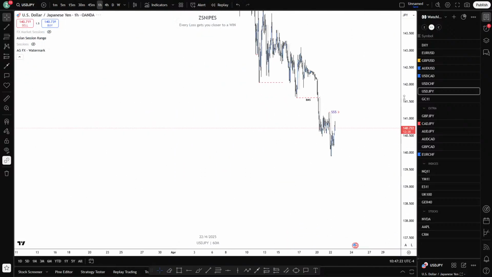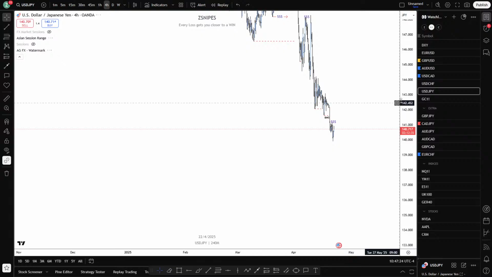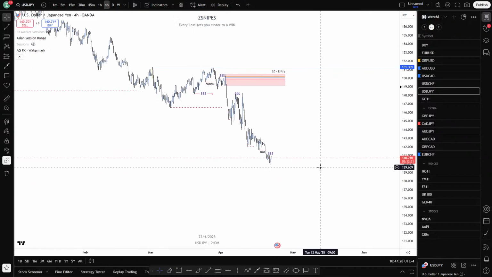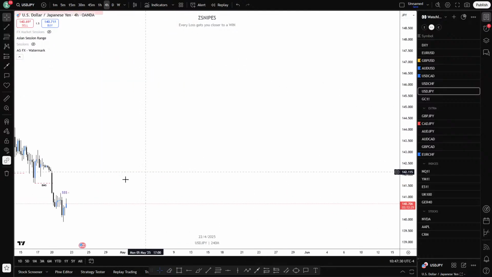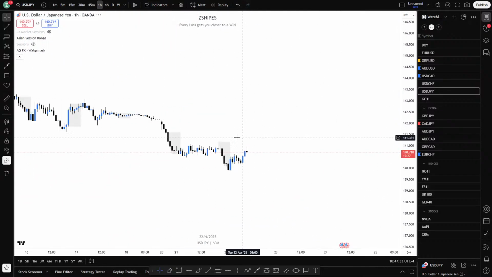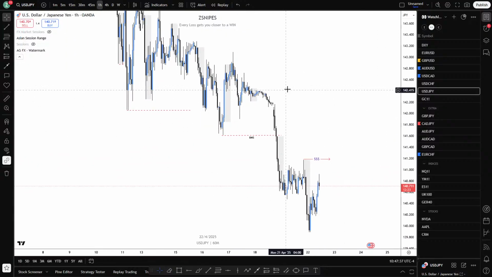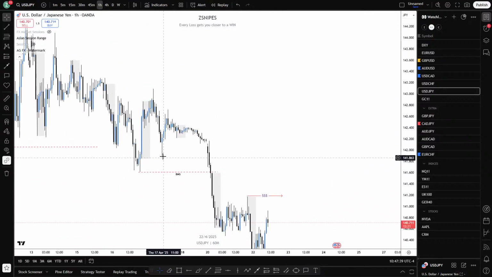Manipulation here. So I mean, UJ is bearish as well. So if you can find some selling opportunities to the downside, go ahead. That's what I'm looking for. I'm looking for manipulations, and I'm looking for bearish setups. There's nothing we can take out of here because this is Asian session, all that price action. We don't have any manipulation. I do like this manipulation that we have. Only thing is,